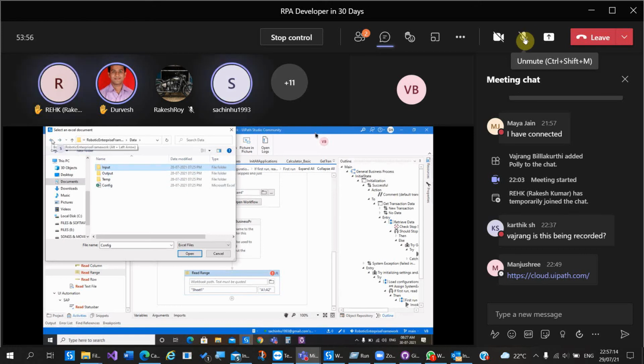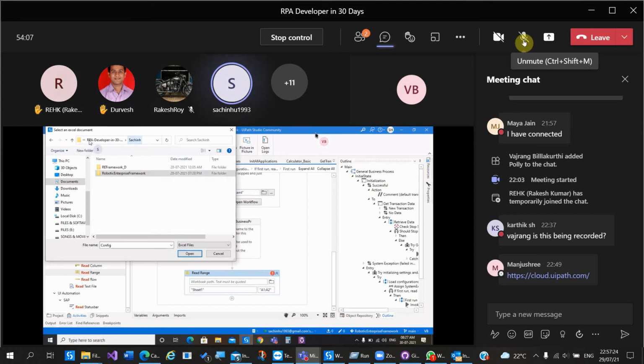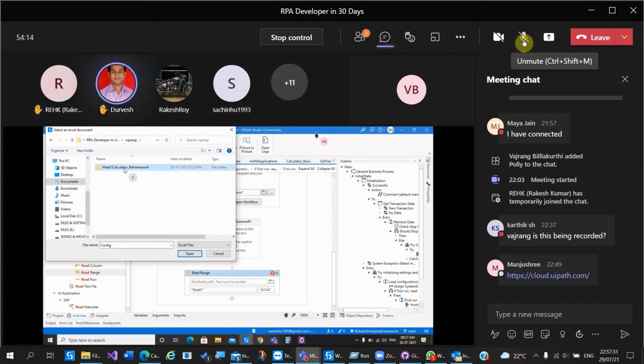I think you will find this in the Vajrang folder. You can copy the input file from my folder. Go to Git.